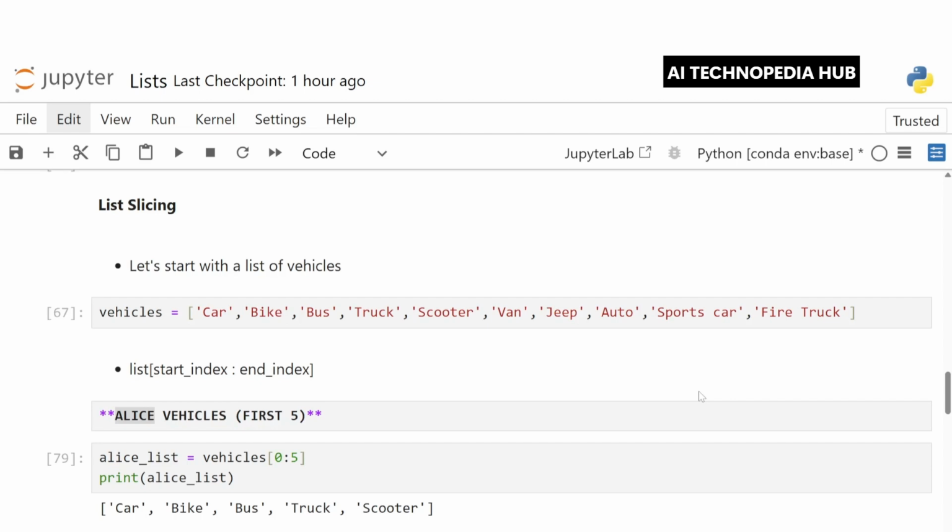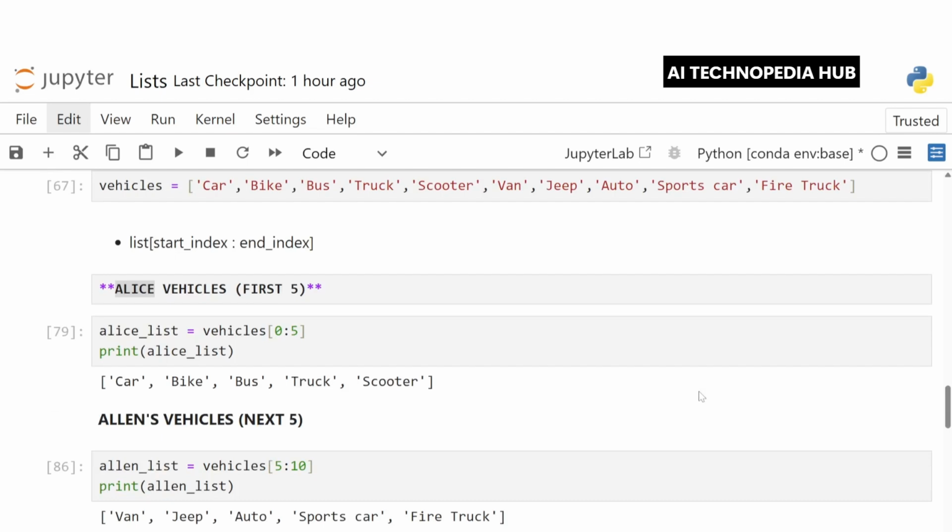Now I want you to meet Alice and Alan as well. They both work at the Vehicle Service Center. Alice handles the first 5 vehicles for quick service, and Alan handles the next 5 vehicles that require full inspection. Now, we'll use slicing to split this list based on what each of them is responsible for.